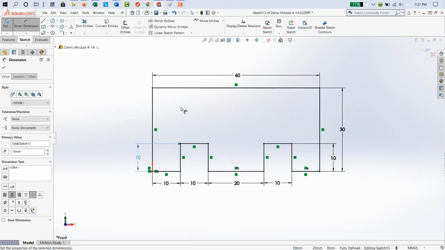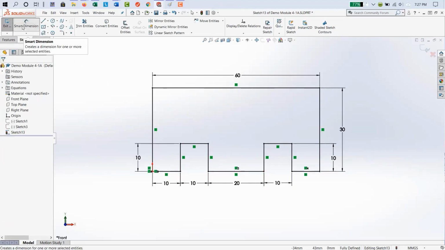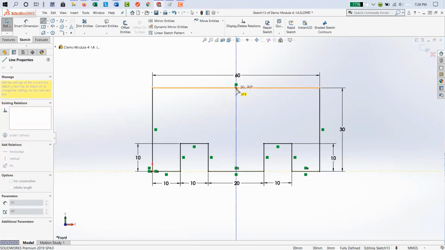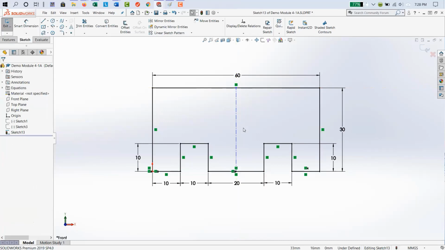All right, so we're all done with our dimensioning. We can exit the dimension tool by using escape. Put in the center line that's required. Do the drop down center line. Great thing about SolidWorks is it has automatic snaps. So especially with the inference lines, you can tell exactly where you are. I want the midpoint, and if you hover over the line, the midpoint will show up and you can snap to it, putting your center line right there at the top at the midpoint, hitting escape to get out.